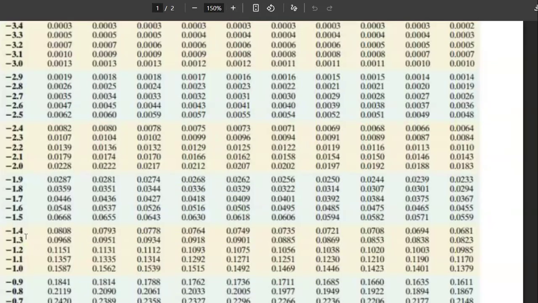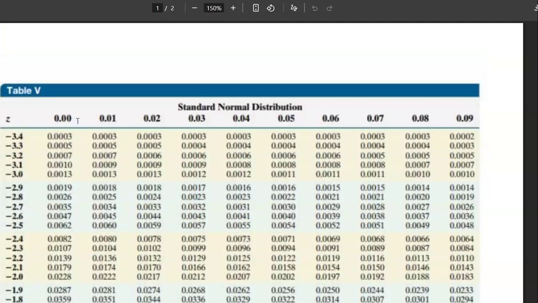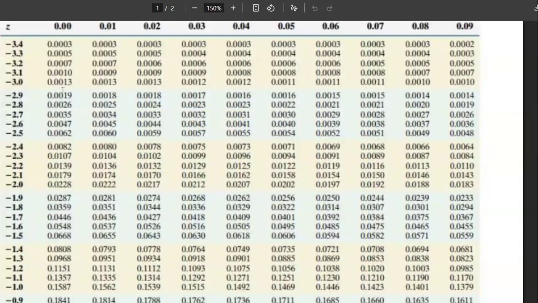All right. And it's -1.4 what? 0, 0.01, 0.02, 0.03. So that's the accuracy that it has. So we just want -1.40. All right, so that would be the first column here. So we'll get this answer here, 0.0808. Okay, so what does that mean? That means,